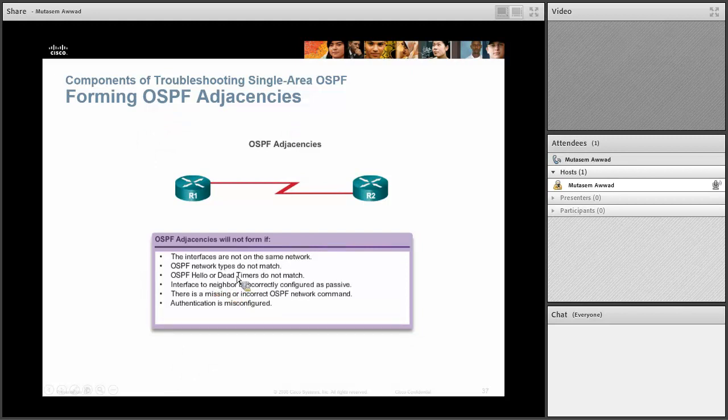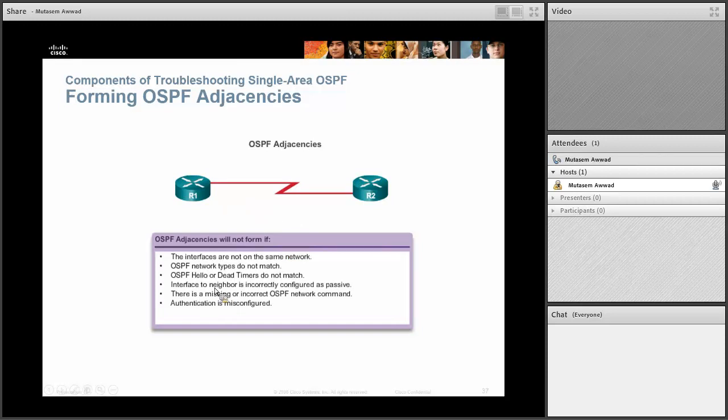You have to type in the commands to figure out where the hello packets are, and then you notice that,